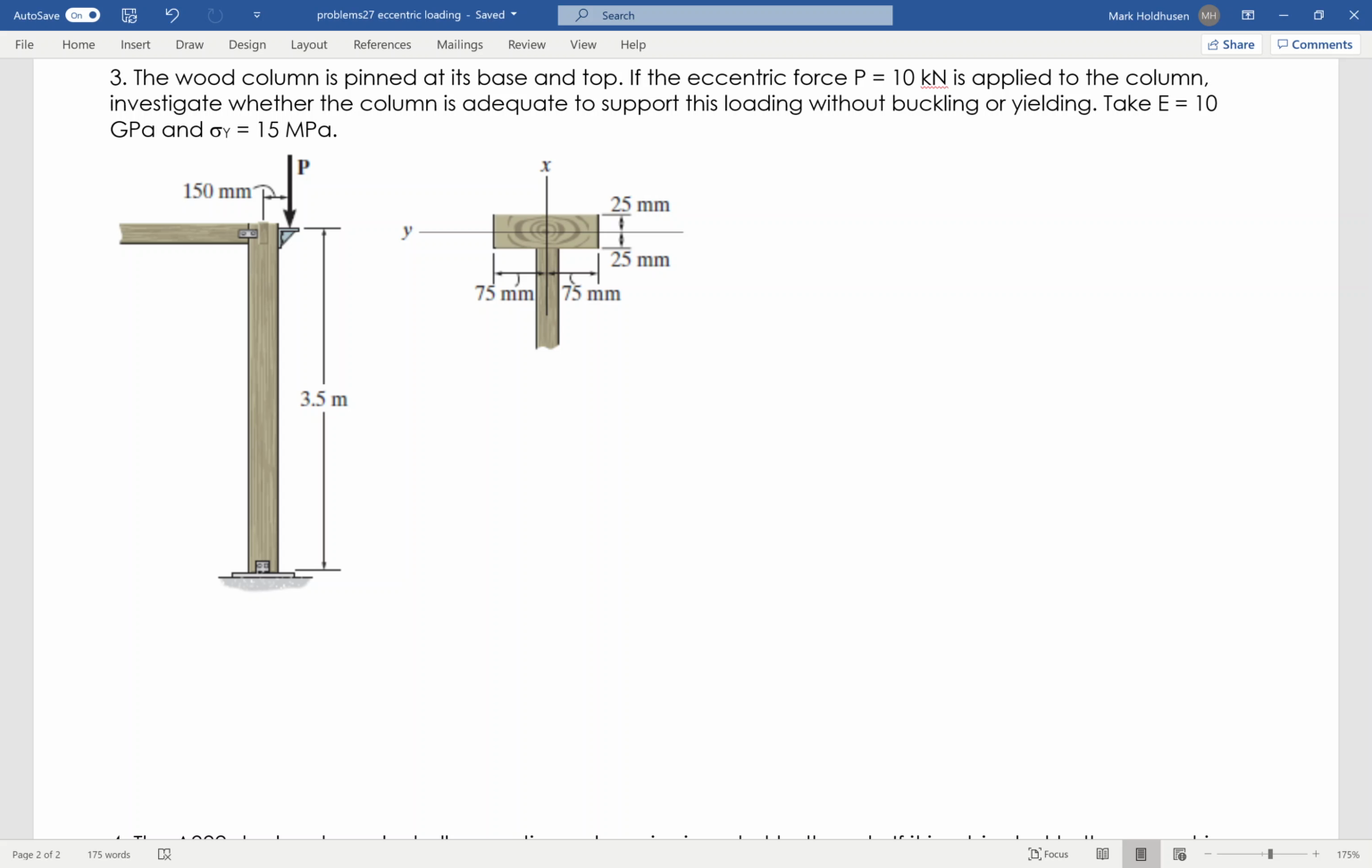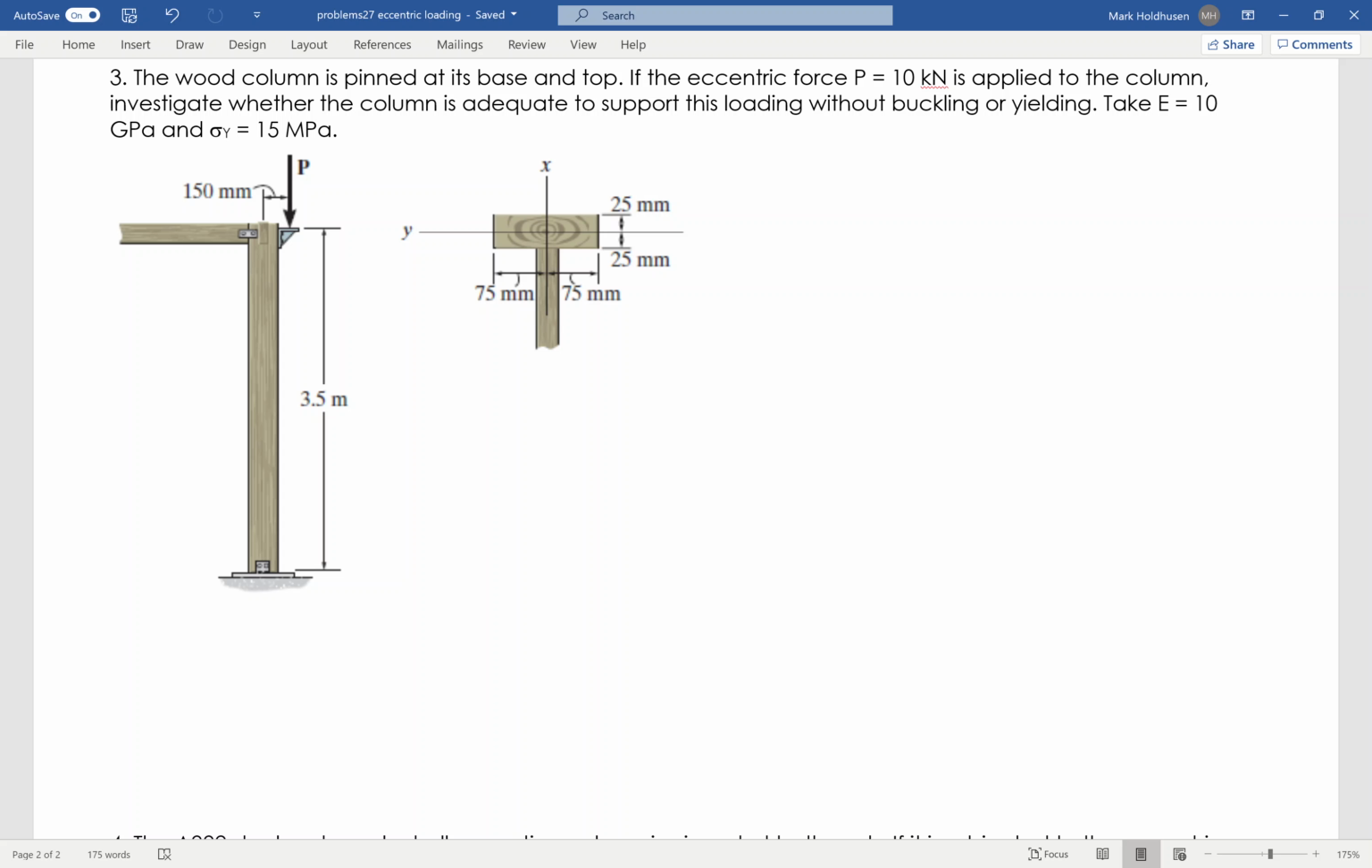Okay, in this problem, I've got a wood column pinned at the top and bottom. So, pin. Got an eccentric load of 10 kilonewtons. And I want to figure out, is it going to buckle? Is it going to yield? It gives me E, and it gives me sigma, or the yield stress, on this. So the first thing I'm going to do is calculate some of the values that I'll